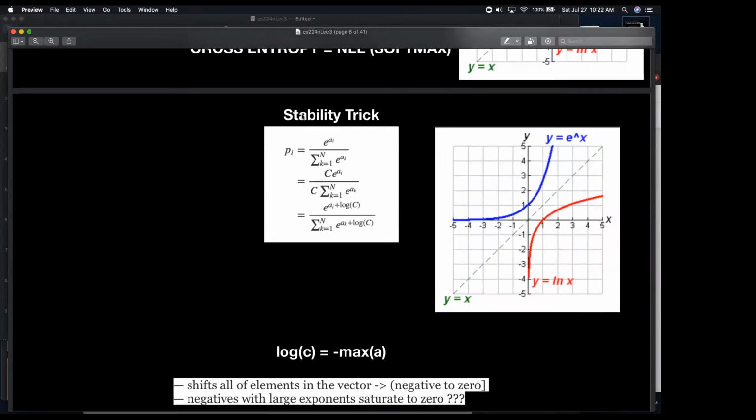Cool. The stability trick right now is you don't want to deal with exponents of large values. That leads to overflow problems, and you want to avoid that. So a neat trick for that is